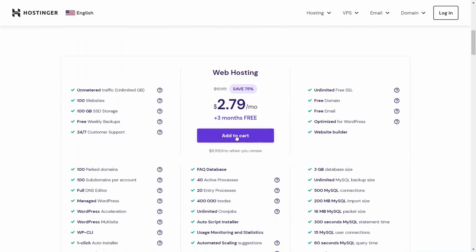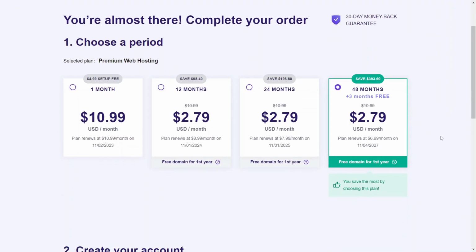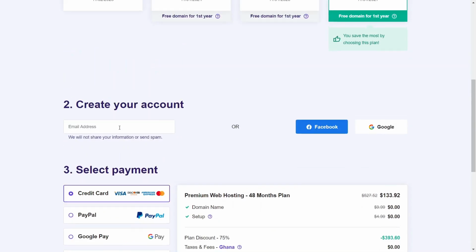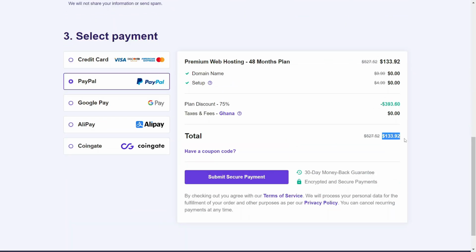Right, so this is a perfect deal for me. I'm going to go ahead and then click add to cart. And as I said, make sure you use the link in the description to get the best deal on Hostinger. All right, so this is very affordable. So I'm going to go ahead and then use the 48 months. Okay, and that's going to give me the best deal. And right here, I'm going to go ahead and then enter my email. Right, so that's my email. I'm going to use PayPal. As you can see, my total is